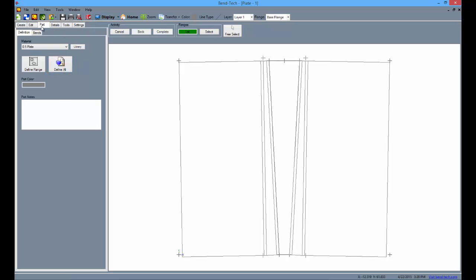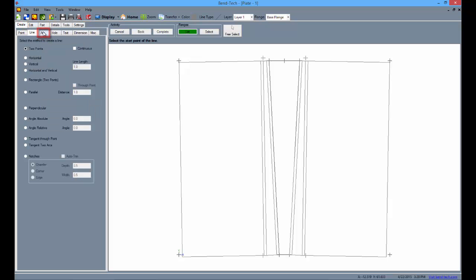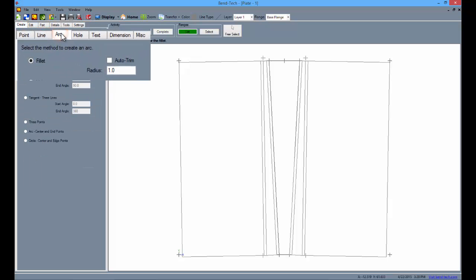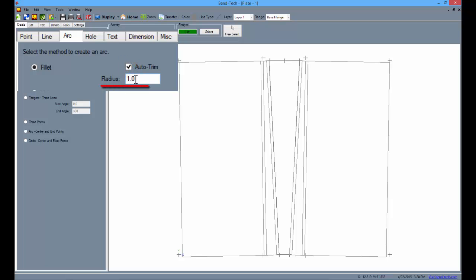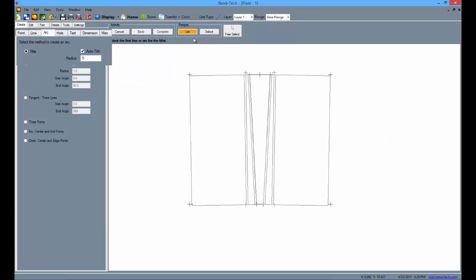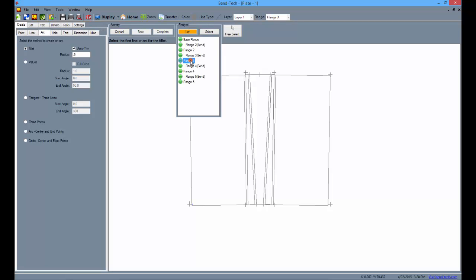Now, to add some filleted arcs, select the Create tab and the Arc sub-tab. Start by clicking the Auto Trim checkbox, then change the radius to 0.5. Next, select Flange 4 from the list and create an arc by selecting the 2 intersecting lines in the top right corner. Then, select Flange 5 and do the same. Define all the flanges under the Part tab,